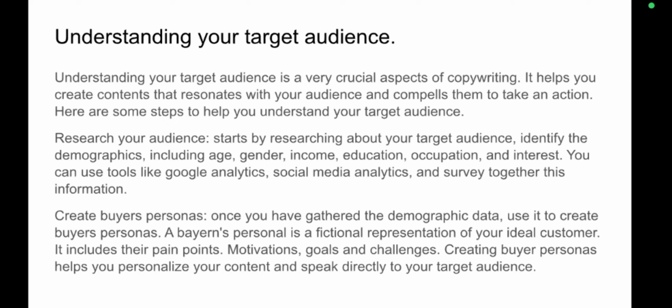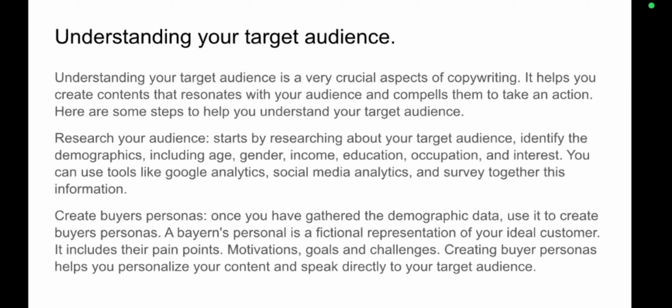And you need to make sure the target audience you're researching is large, because if they are more, the potential to make more money becomes possible. So you need to make sure they are quite large in number. Is that all right? So guys, research your target audience by knowing everything about them, in fact, the place they spend their time most. Is it on TikTok? Is it on Facebook? Is it on Instagram? Is it on any gaming platform where you can actually run your ad and meet them there? So you need to understand where you can actually see your target audience.